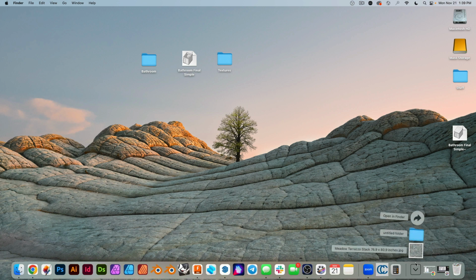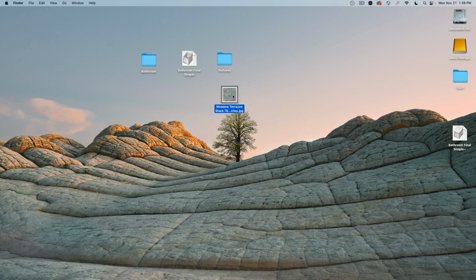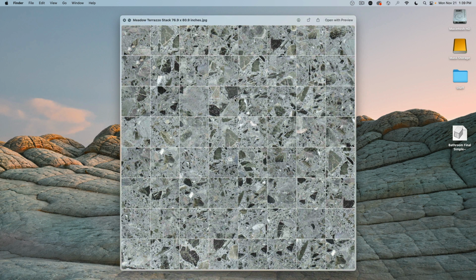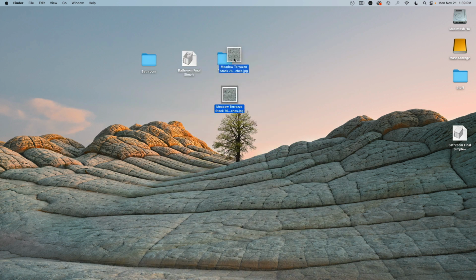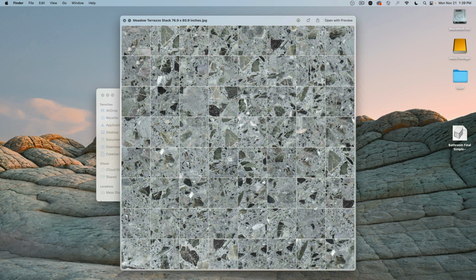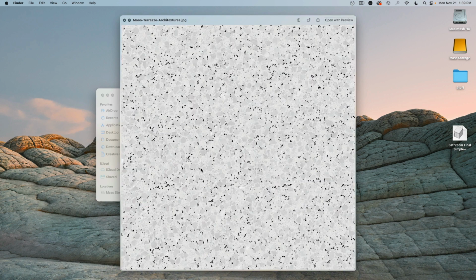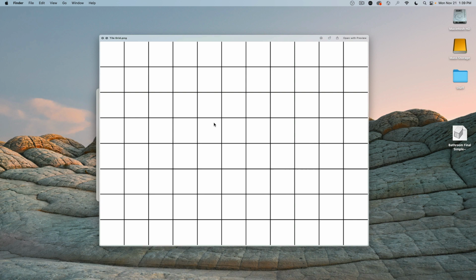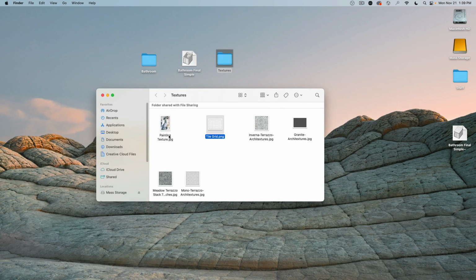And then on the desktop, here is actually the tile texture I have. Very nice. So this one I'm going to drag into here. I have this one. I have another texture here. I have, for example, a basic tile grid too. Very good. Okay,